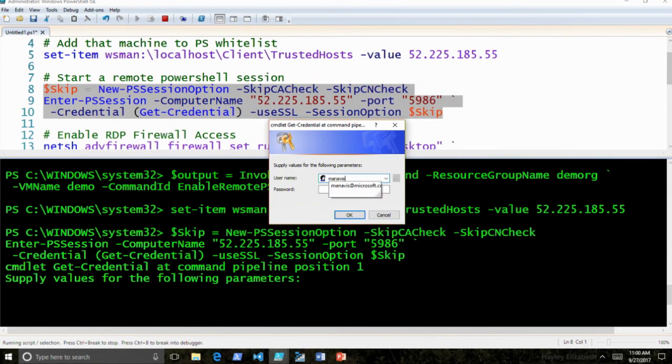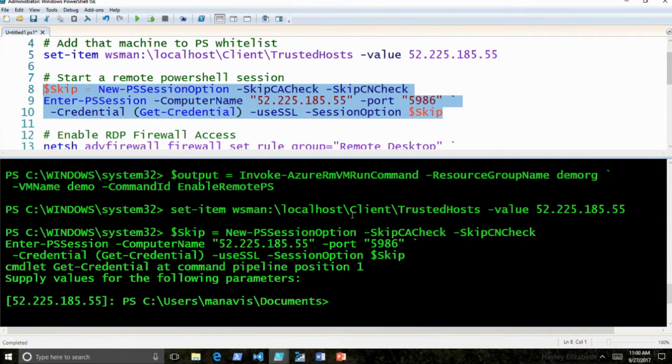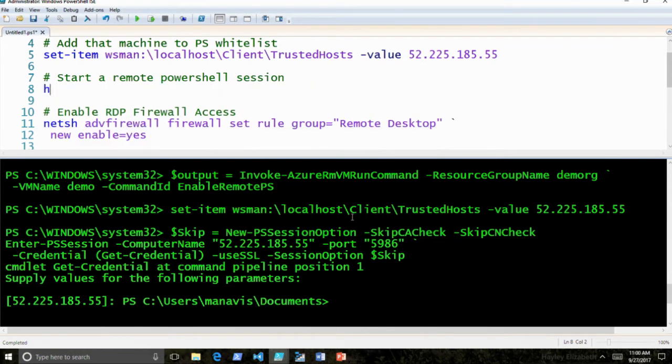Providing username and password for my Azure VM. So what this has done is, for your machine that you couldn't RDP into, now you have a remote access into it. So you can find the name of the host, confirm it,